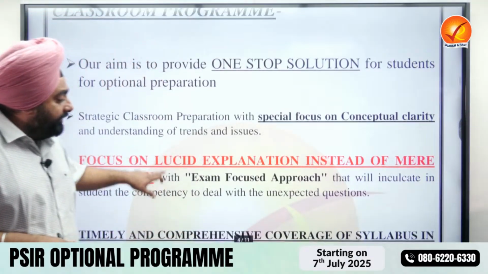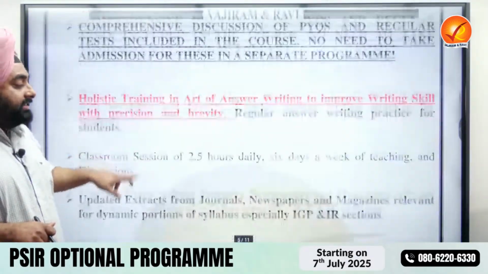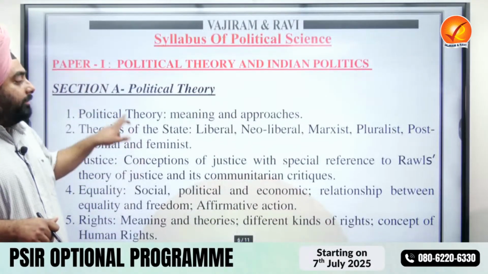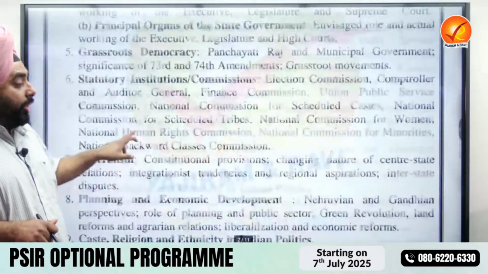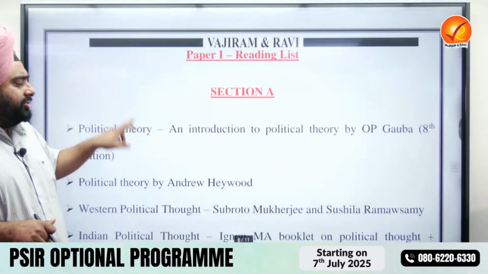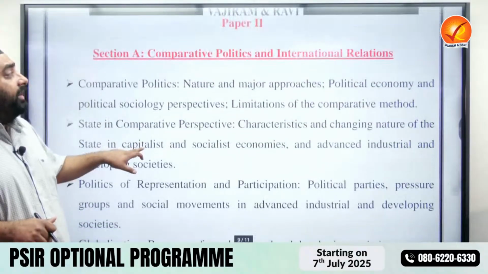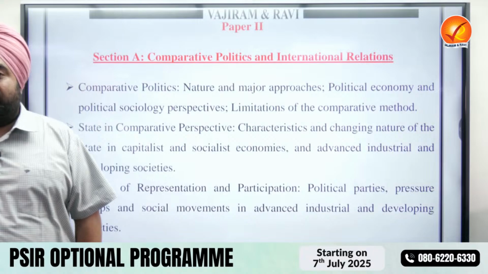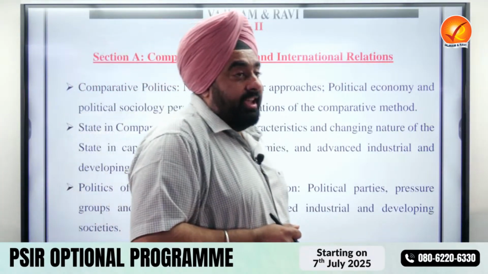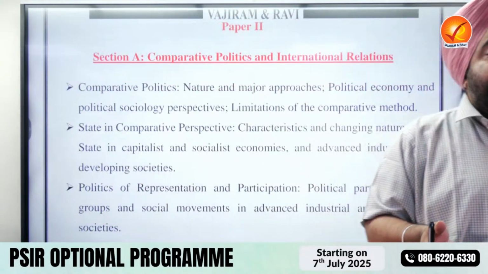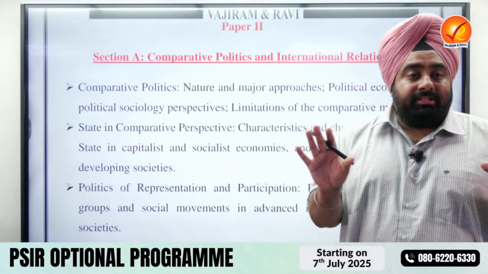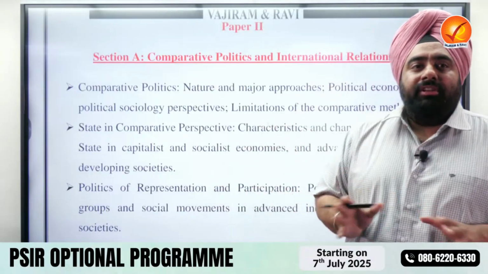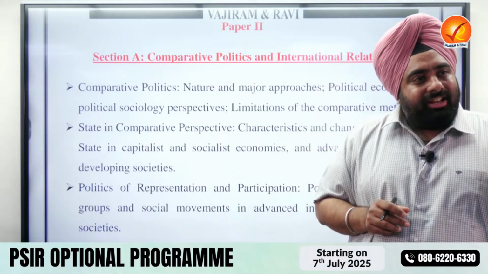Now, students, I'd like to briefly discuss with you the PSIR paper 2 syllabus. First of all, students, you must understand that when you talk about political science and international relations as the optional paper, the name itself does suggest that it is basically a combination of 2 subjects, political science and international relations. So your paper 1, which Shansa just discussed with you, is about political science, and your entire PSIR paper 2 is international relations, which is divided into 2 sections, section A and section B.